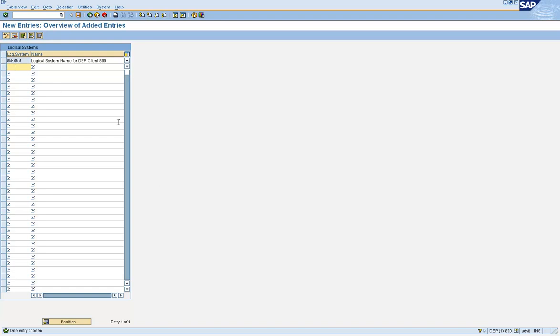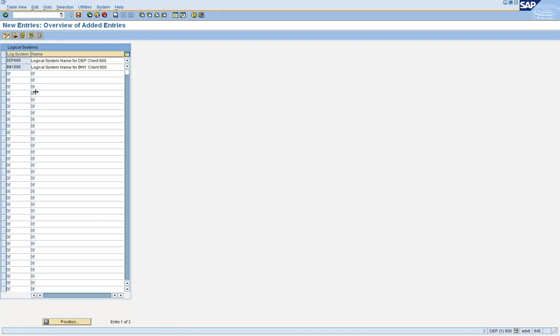Let's give the logical system name for BW1 800 as BW1 800. So we define that logical system name for BW1 client 800 and click on the save icon. Now these two entries also have to be defined in the BW1 system.